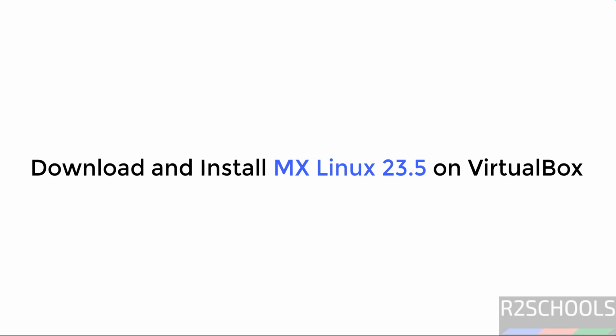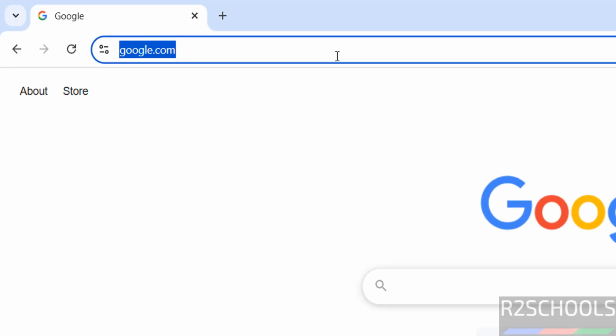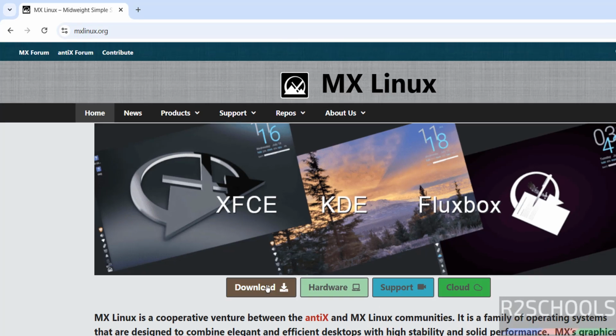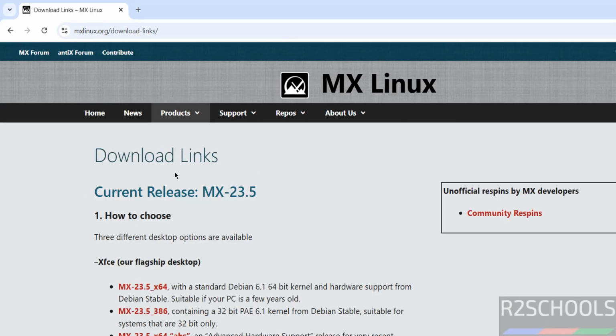Hello guys, in this video we will see how to download and install MX Linux 23.5 on VirtualBox in Windows environment. First download MX Linux 23.5, that is the latest version, by going to MX Linux official website. Go to mxlinux.org. Click on download. See, at the time of making this video, the current release is MX 23.5 and we